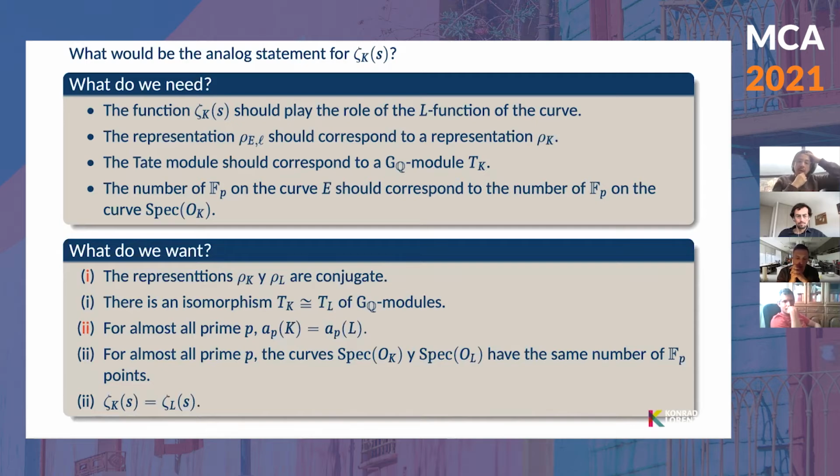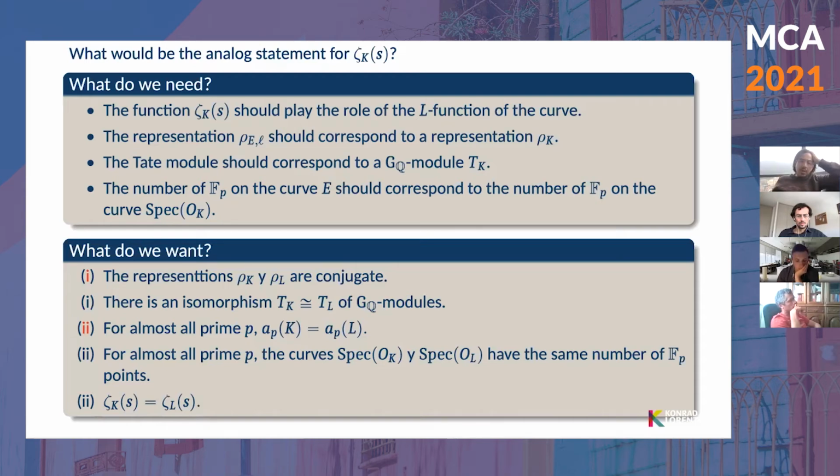The modules are isomorphic, the P values are the same, the functions are the same, and the number of FP points over specs of the ring of integers are the same. Now, if you think about this problem, we said, okay, we need to construct a Galois representation that depends